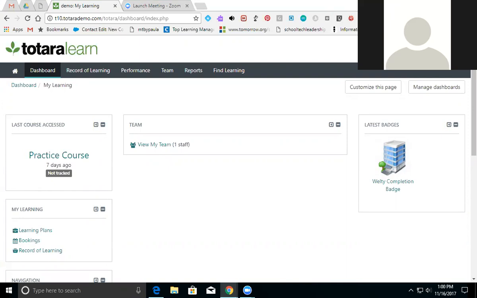And today I'm really excited because we are going to be working on the Totara Report Builder. And I'm using Totara 10, which is newly out. And we'll start with that. And I am recording today. We are using Zoom. So feel free to